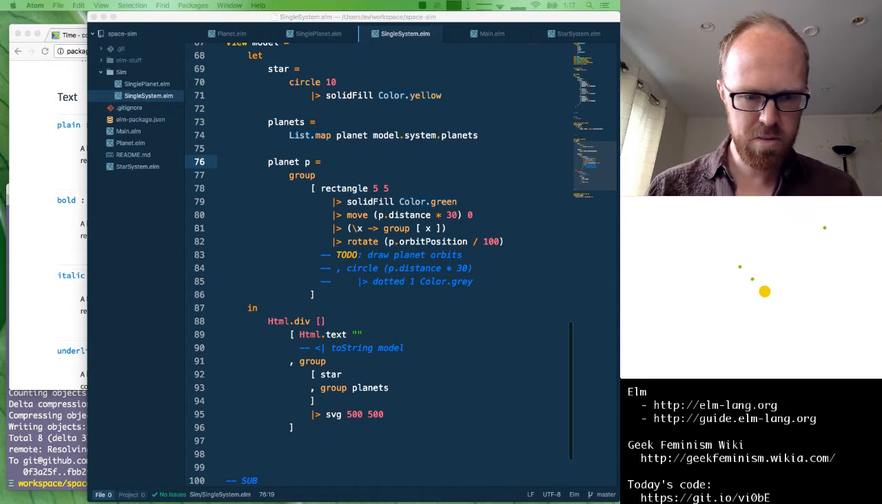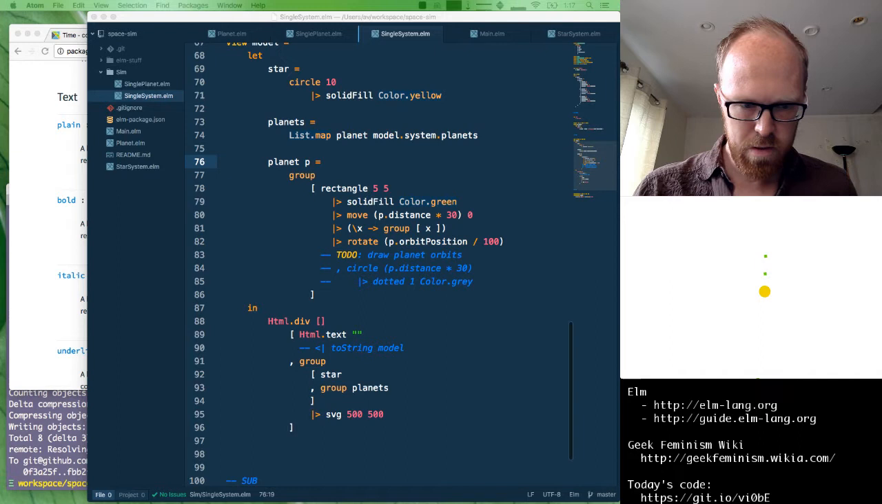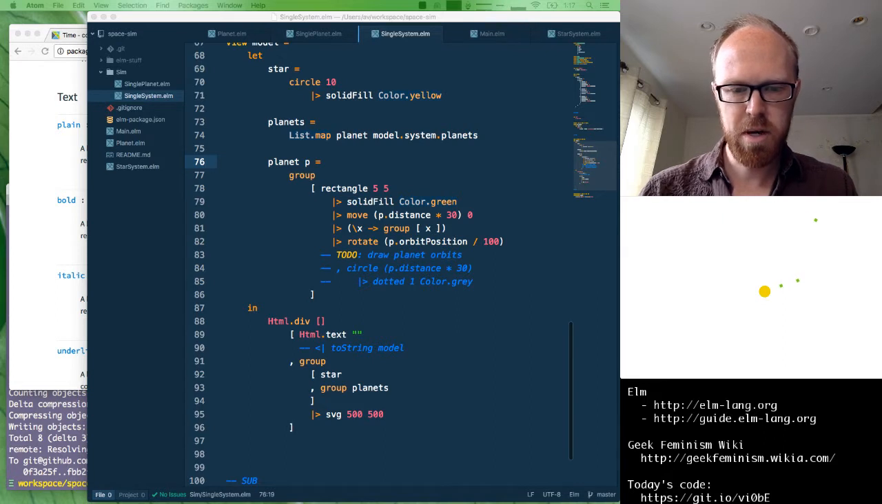Let's see. Phantom Kel is just suggesting that we need to do the orbit. Oh, we could do the orbit by moving and using trigonometry, and use sine and cosine for the move. That is true. Although